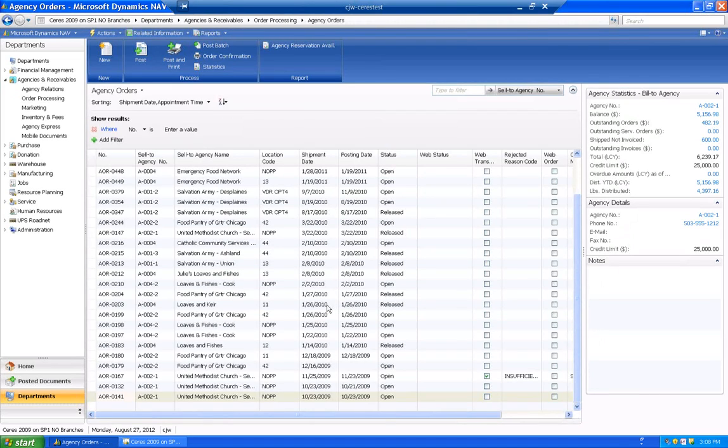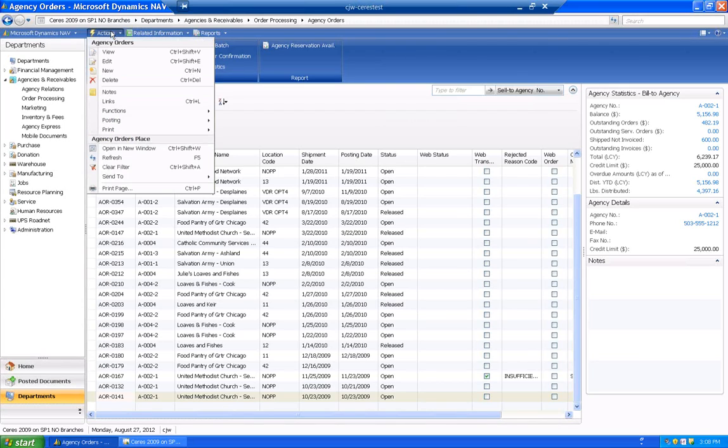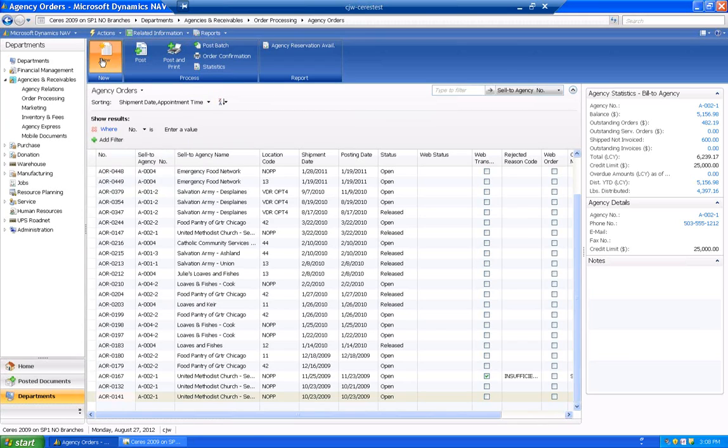This brings us to the list of open agency orders, where if we wanted to continue working on an existing order, we could select the order and open the document and continue working. Or to create a new order, we click on the New Action from our Action pane menu, or you can go to Actions, New. The agency order document window will open,